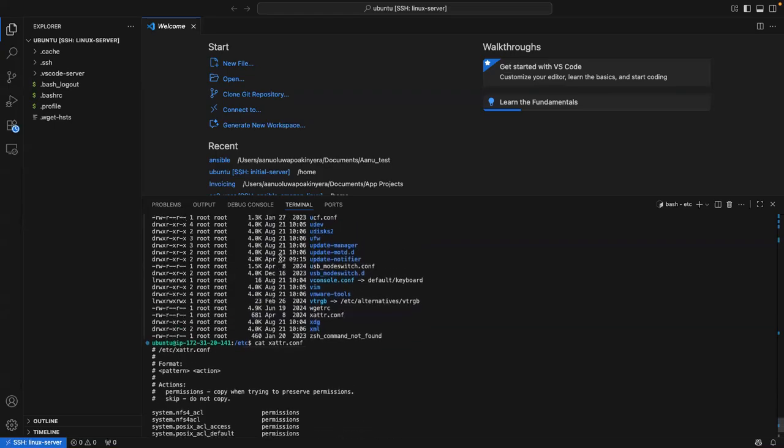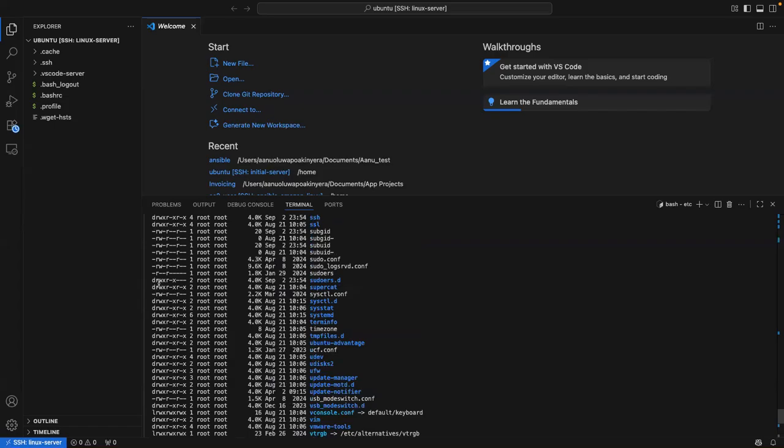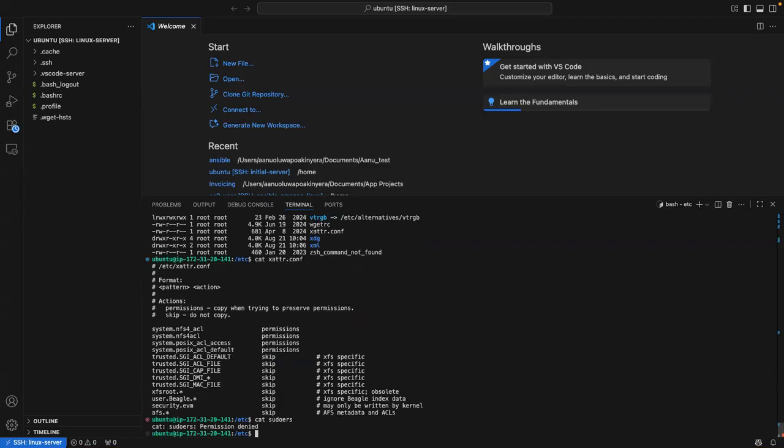So I'm going to look for another file that I cannot read, because this can be read. This is also a file, sudoers, but I cannot read it. I'm sure I cannot read it. Don't ask me how, but I'm sure I cannot read it. So cat sudoers, that's the name of the file. What do you see after I ran cat sudoers? What did it tell me?